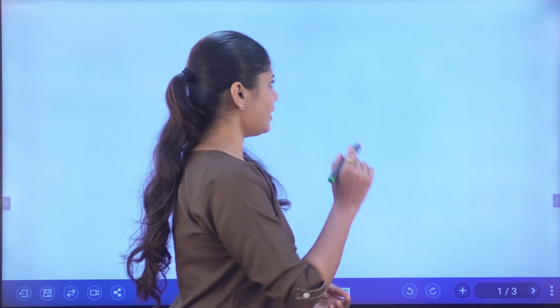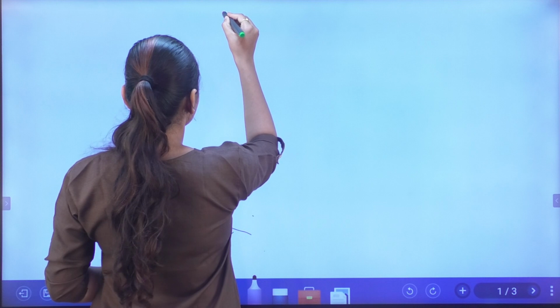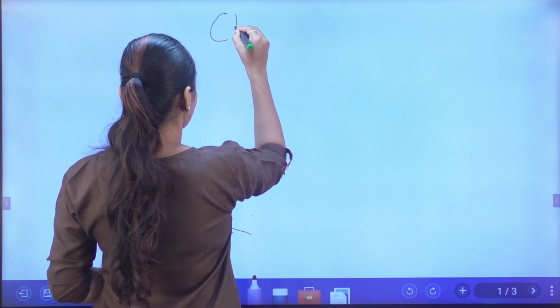Okay, students, I am Prerna Kamdi and I'll teach you science. Today I'll teach you chemical reactions and equations. In today's class we will cover two topics, that is chemical reactions and how to balance chemical reactions. The whole lecture will be on the writing of chemical reactions and how to get them balanced. I am writing the topic,